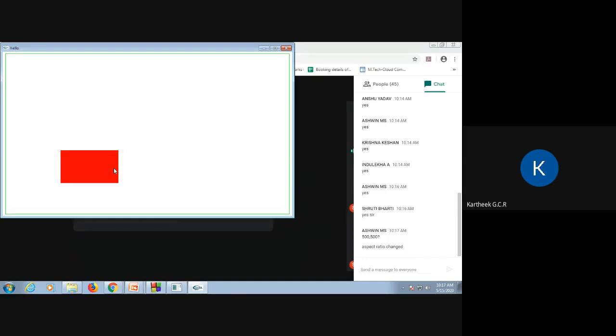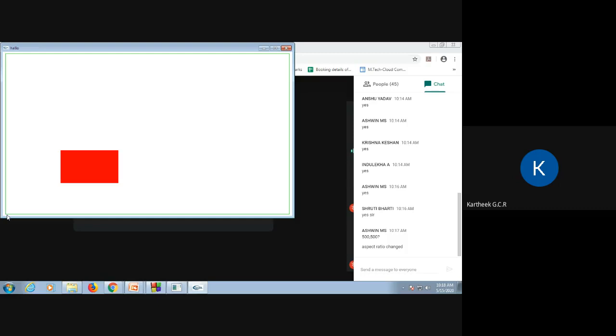Aspect ratio changed. Aspect ratio of what changed? Aspect ratio of the screen changed, but the aspect ratio of your clipping window, did you change that? Clipping window aspect ratio was the same as that of the display window aspect ratio earlier. Now it got changed, right? So because of that, the 500 cross 500 window is mapped to this, right?